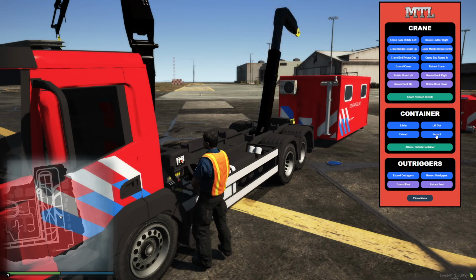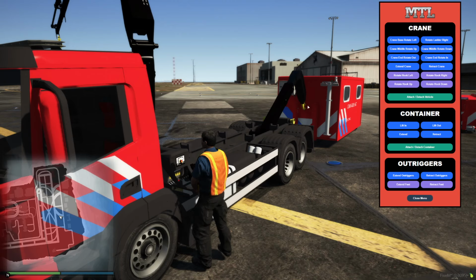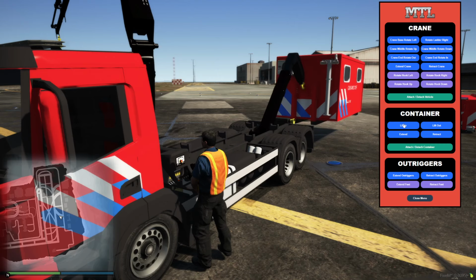So whilst we're here, we can retract, and we can also extend, depending on how long or short we need it to the container, if you might not have parked up close enough. So we'll probably want to retract a little bit there, actually. So I think that is absolutely perfect. So we're going to press attach container. As you can see, it's now attached,